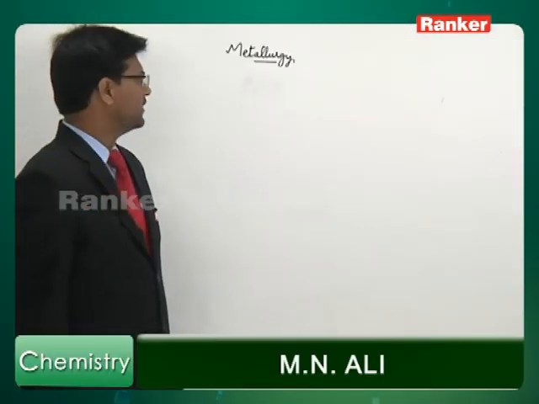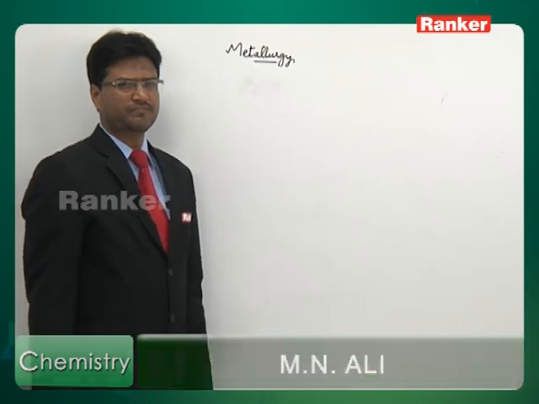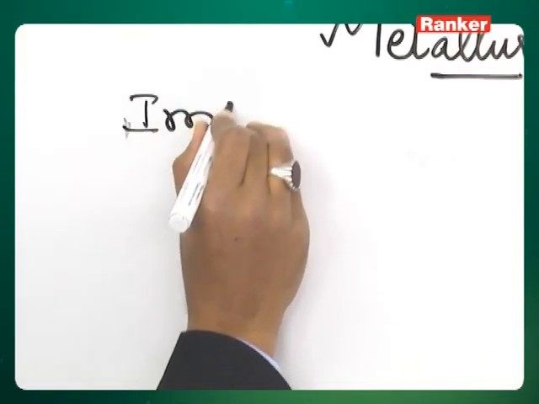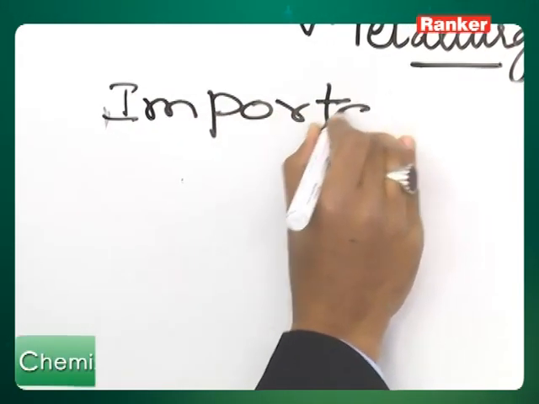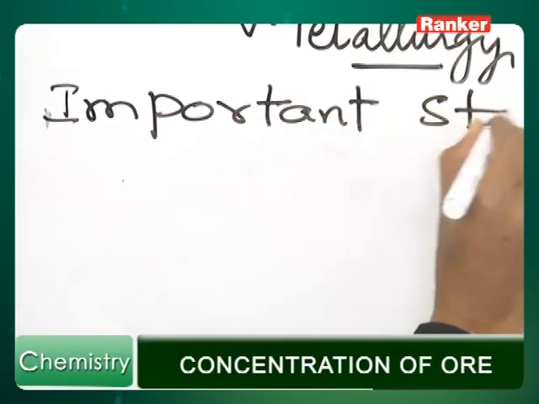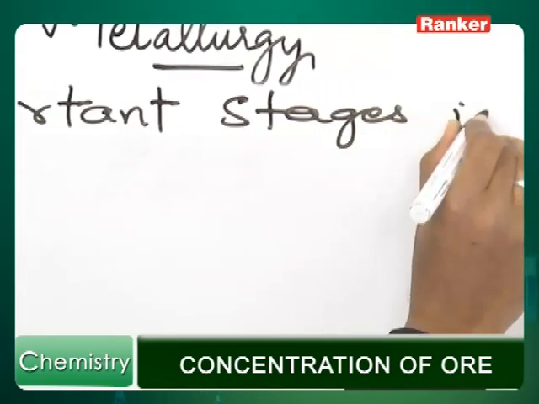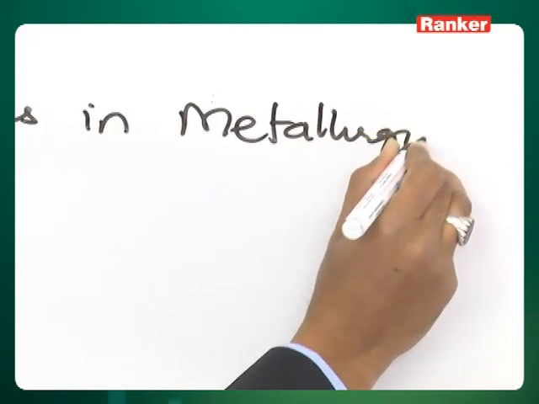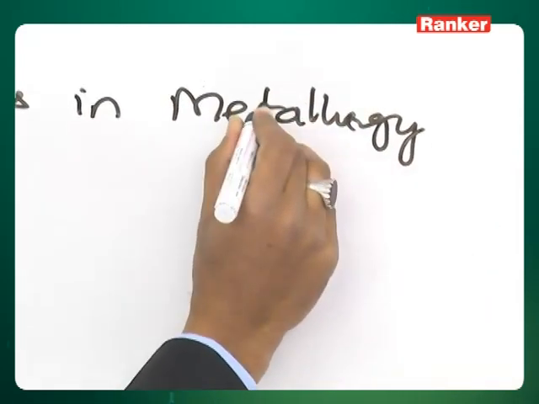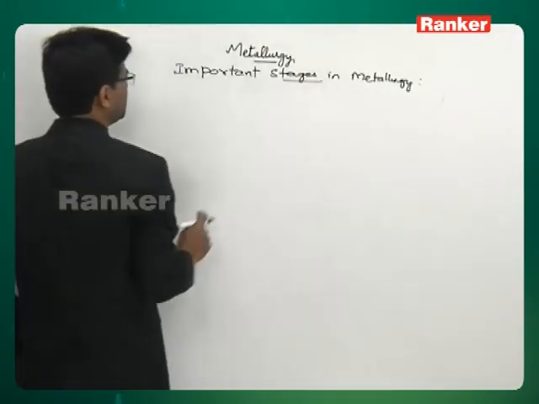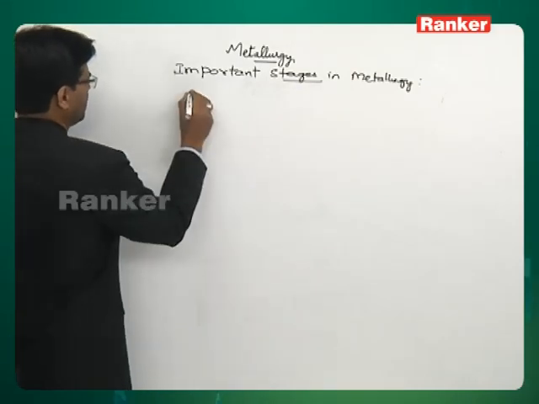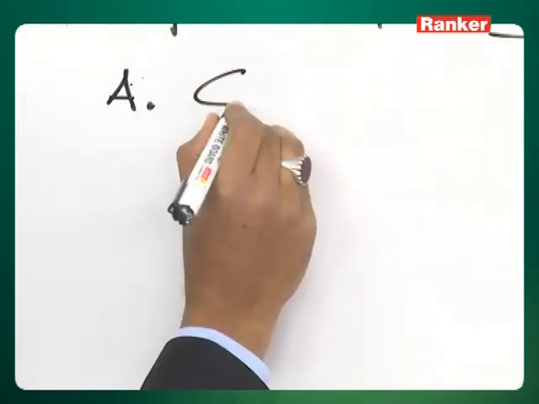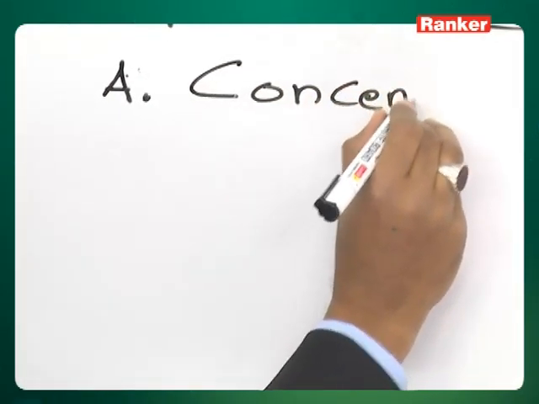Now let's learn about some important stages involved in a metallurgical operation. Important stages in metallurgy, let's learn. The important stages are A. Concentration of ore,